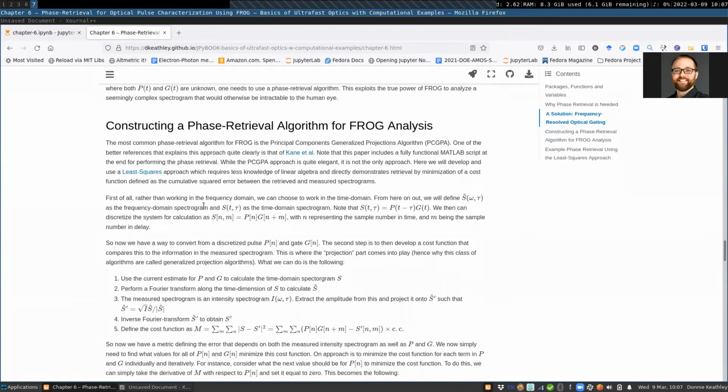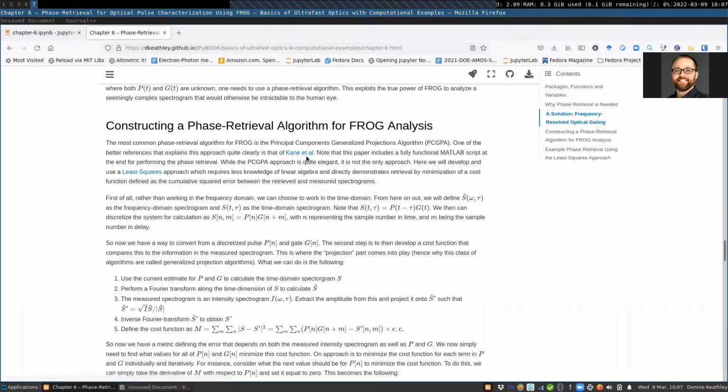So basically, the approach that we're taking is a little bit different than the standard approach that you'll find. The standard approach is this principal component generalized projection algorithm. We'll talk about what all these terms mean. For instance, projection algorithm, all that will make sense as we go through. But I just want to note that